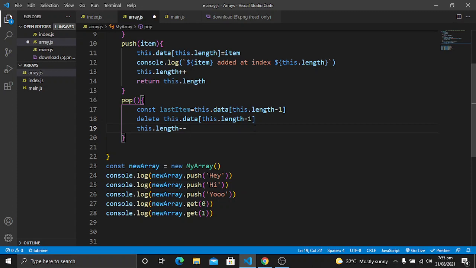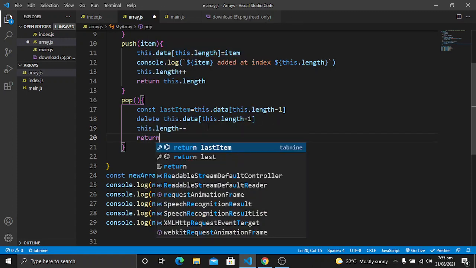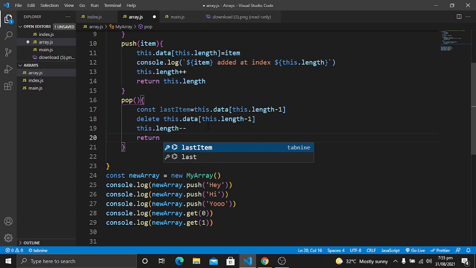So when we use the pop method to remove the last index, we will decrement this length.